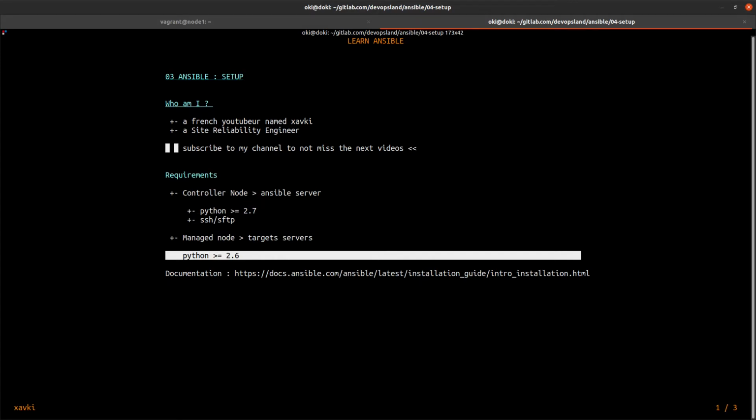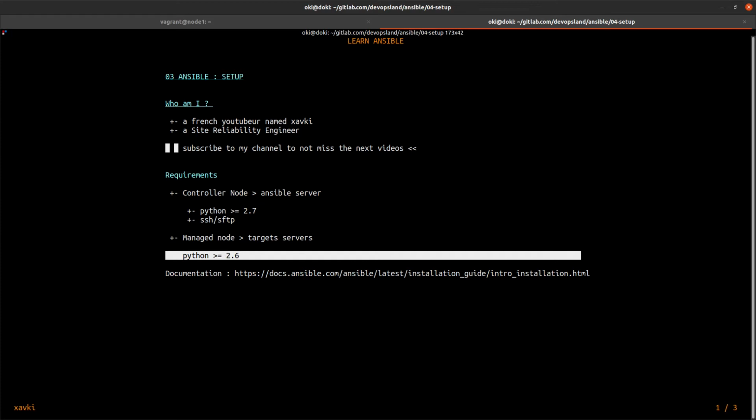Requirements to install Ansible. First of all, we need a controller node where Ansible is installed. This is the Ansible server. We need Python version 2.7 or higher, and we need to install an SSH client and SFTP if needed. On the other side, we need one or many managed nodes. These are the target servers.